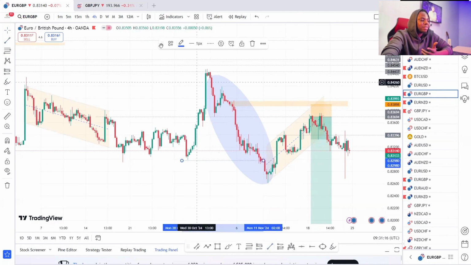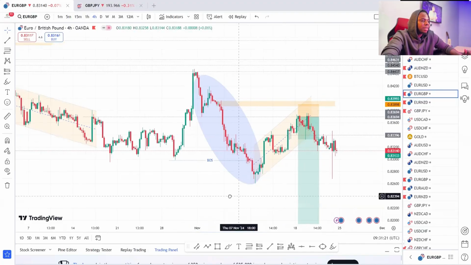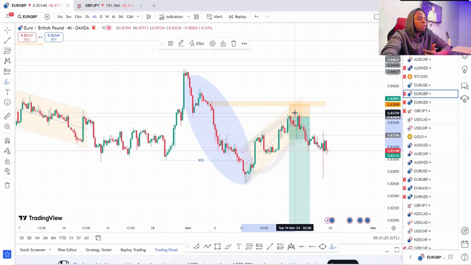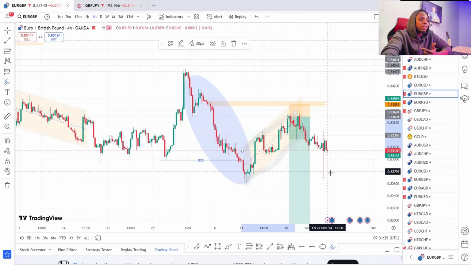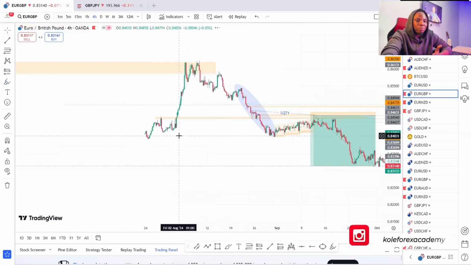The same concept. See, I have a break of market structure to the downside, a break of market structure to the downside. And what happened? What we were expecting the market to do was to give us clean corrections to the upside, and we set our pending order, and the trigger went through.